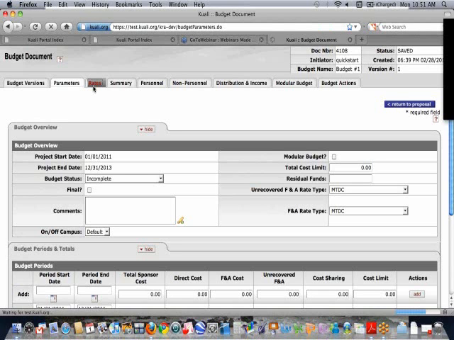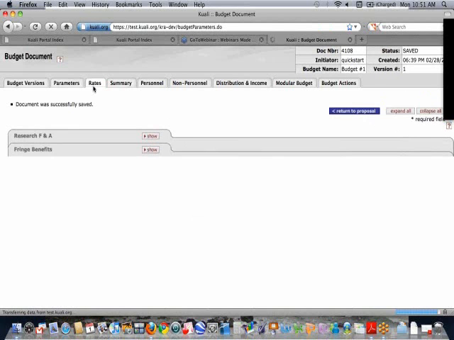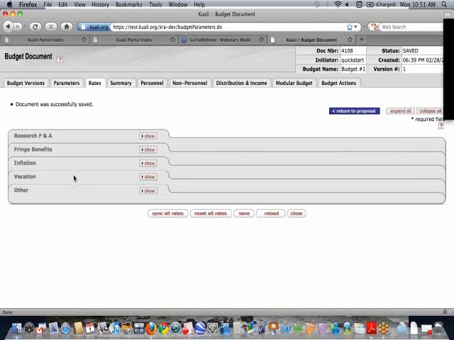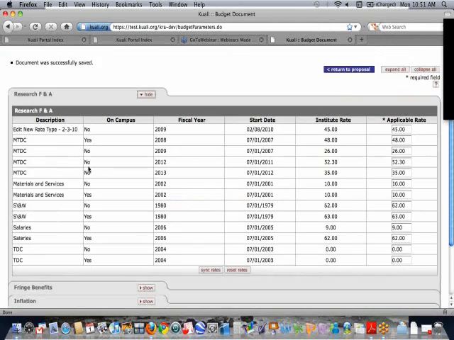The rates page shows you all of the indirect cost, fringe benefit rates, and inflation rates that might apply to this proposal. And this is handled via a maintenance document by your school, so you can set these